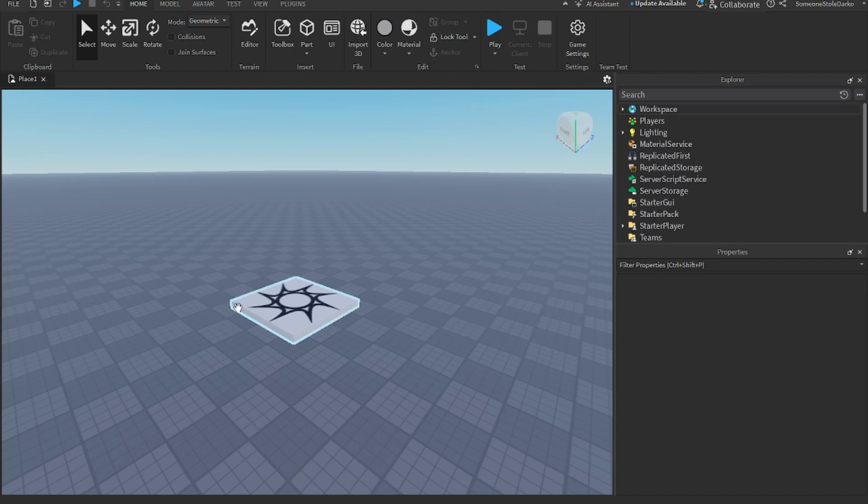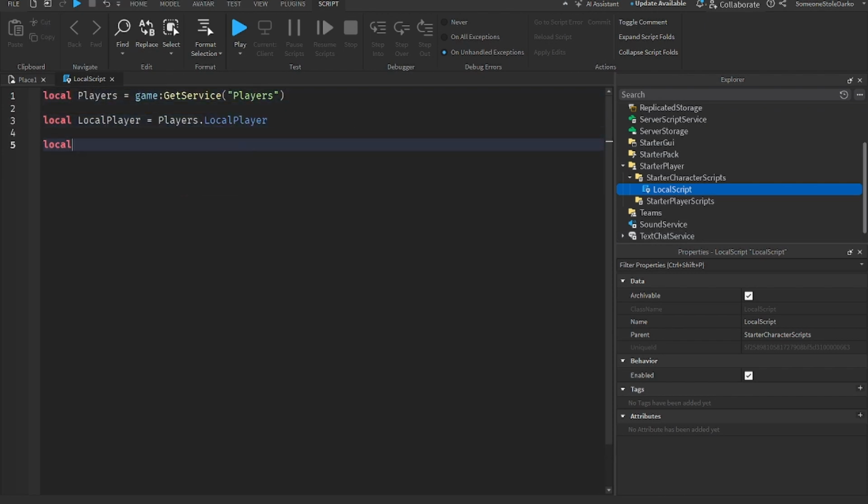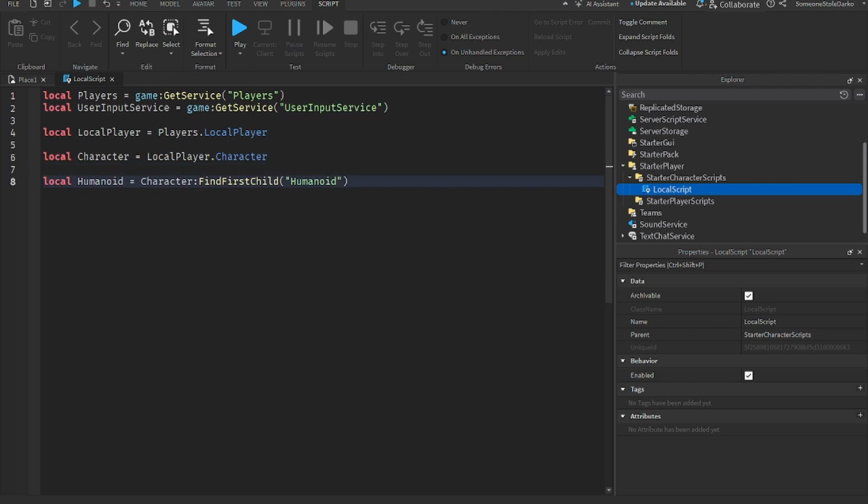The first thing we'll do is actually create a local script inside of StarterCharacterScripts, and we will create a simple shift to sprint system. Now, usually what you will do is just get the humanoid, get the UserInputService, connect two functions that change the speed of the humanoid,